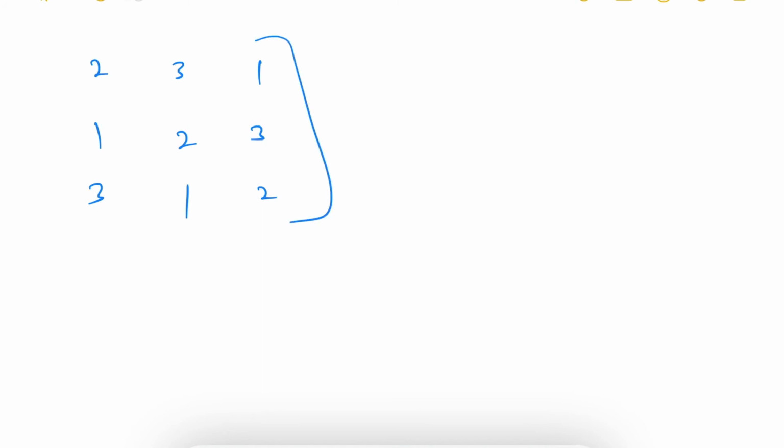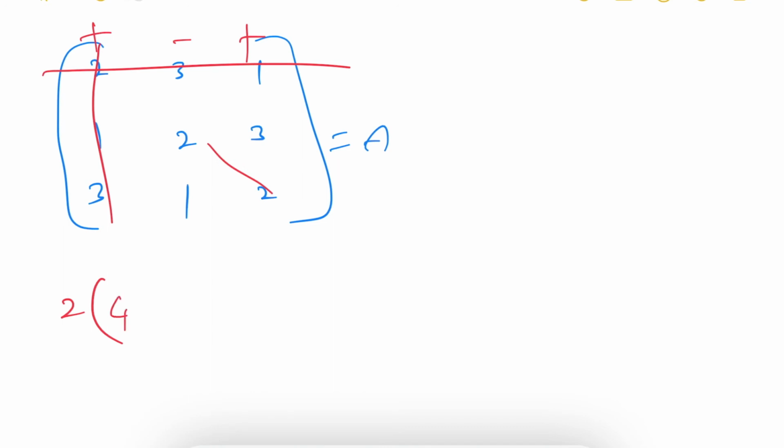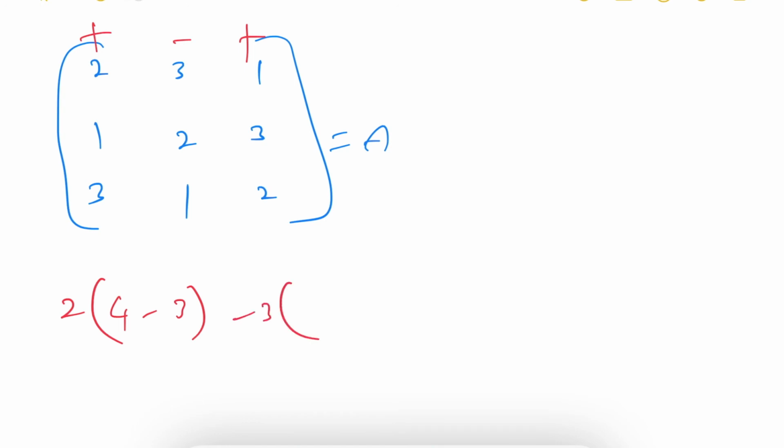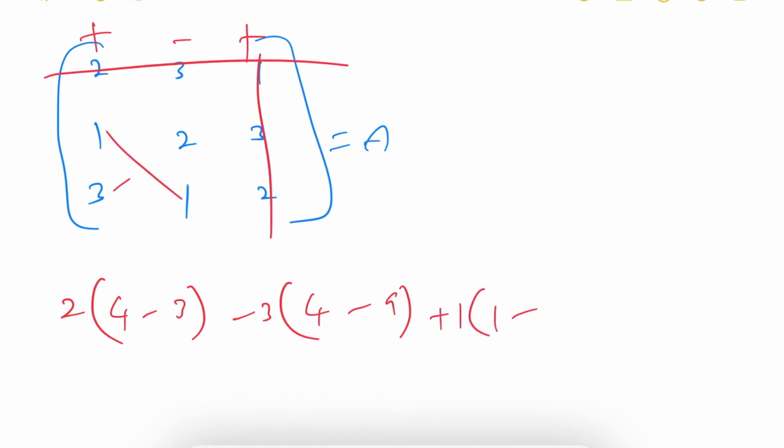First, for this matrix A, we need to find out the rank. So for that, let me find out the determinant. This will become plus or minus plus. Sorry, plus it will be. So 2 times this row, this column, if we remove 2 2s are 4, minus 1 3s are 3. The same way, next element minus 3 into column row, if we remove 2 2s are 4, minus 3 3s are 9. Then last element plus 1 into column row, if we remove 1 1s are 1, minus 3 2s are 6.